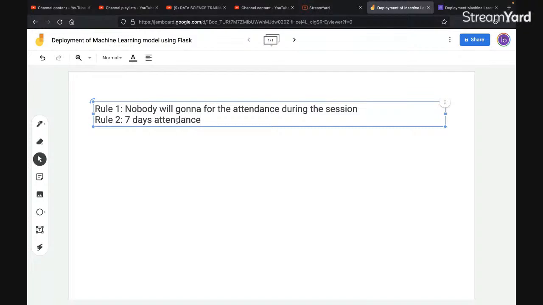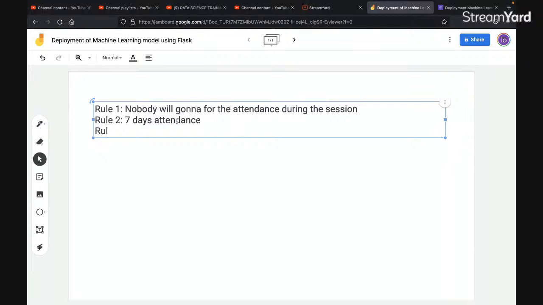Although the certificate is not that much important, but still, if you are after the certificate, this is your first rule. The second rule is that even if you have all days attendance, you have to submit a project. At the end of every bootcamp, we give some projects to students. Now you have to submit that project. We are going to look into that and process it, and only if you are eligible under these two rules, we are going to provide you your certificate.